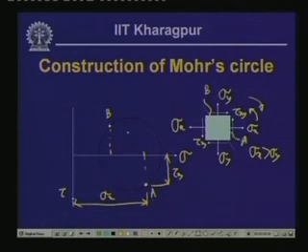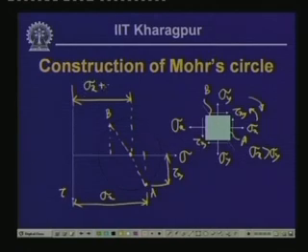Now, if we join these two lines, as we have seen earlier, eventually this will pass through the center of the Mohr circle, and we have seen that the distance of the center of the Mohr circle from the tau axis is equal to sigma x plus sigma y by 2, which is the average stress. Now, taking this as center and OB or OA as radius, if we plot the circle,